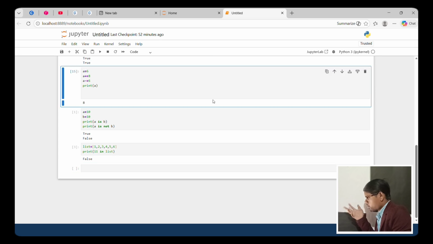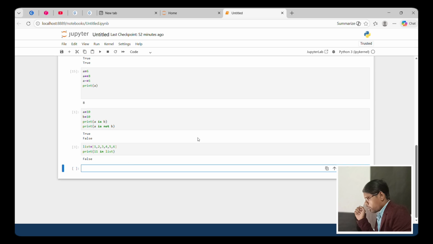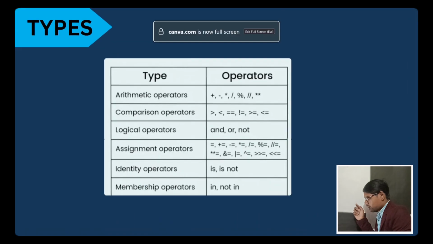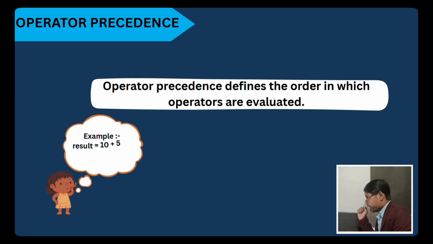And operators are okay. And next chapter. Oh, yes, operator precedence. So operator precedence defines the order in which operators are evaluated, meaning which is calculated first, which is calculated last.